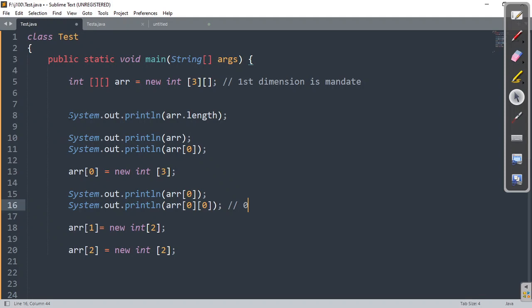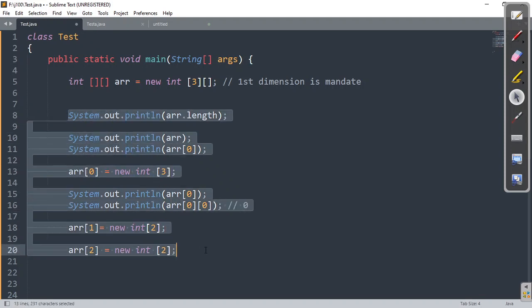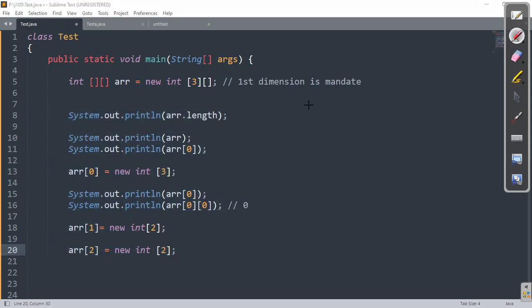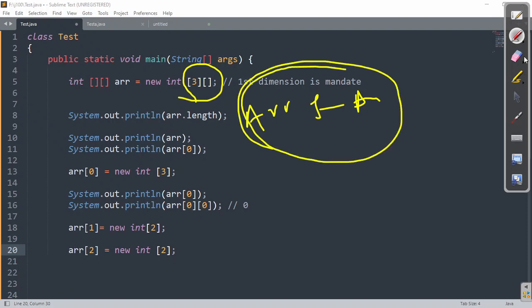So I think this is the way we can create a double dimension array as per our requirement without going for matrix representation. This is the beauty of arrays. This concept is called what? Arrays of arrays. So Java does not follow matrix format for double dimension.